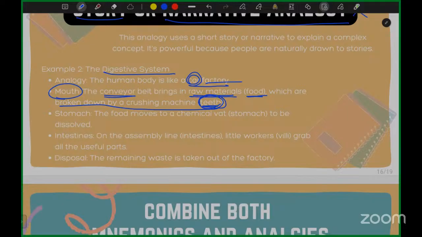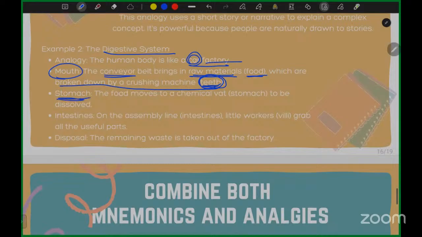And finally, the stomach. What does the stomach do? It dissolves the food in our stomach. In a factory, they dip the raw materials in chemicals to treat them, to be reused or to get a very pure form. So that's the next part. Good. What does the intestine do next? The intestine will take what is good and remove what is bad, generally.